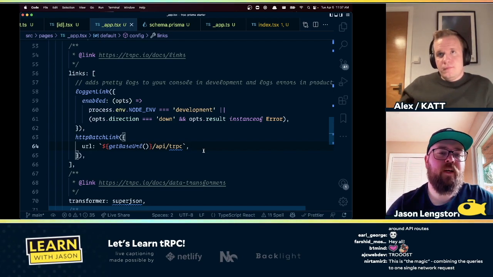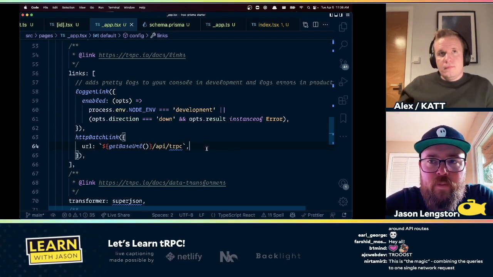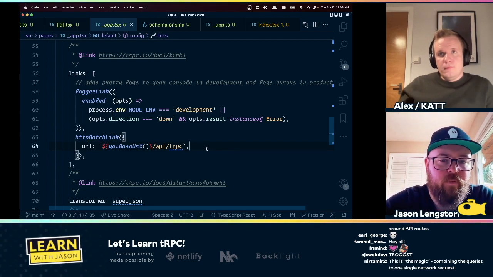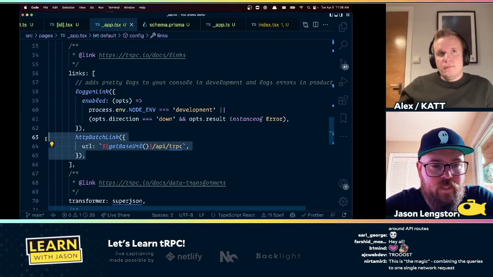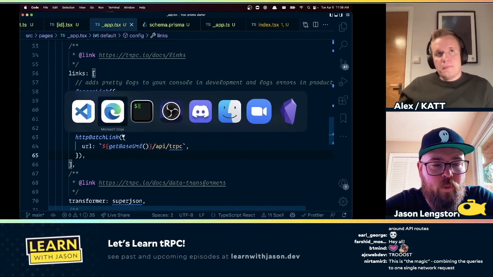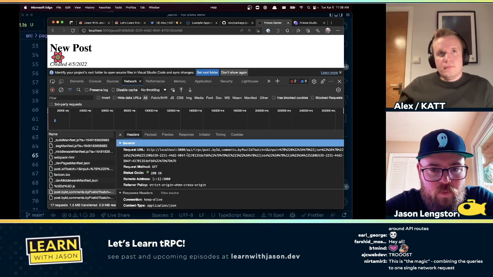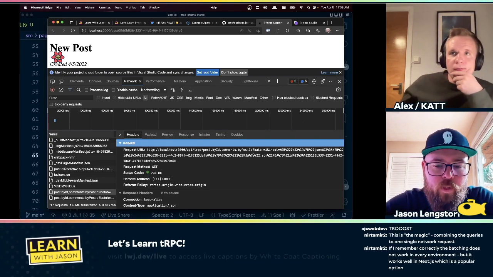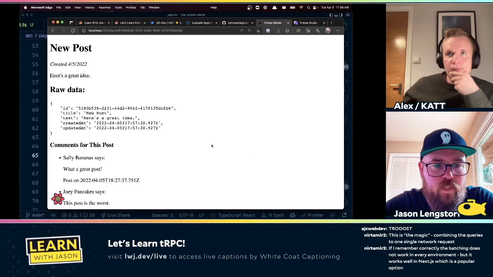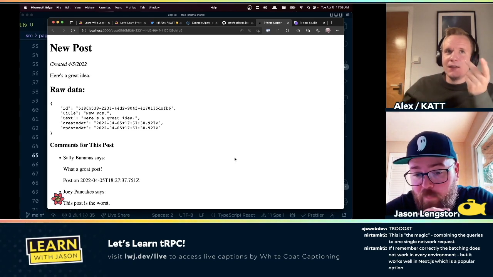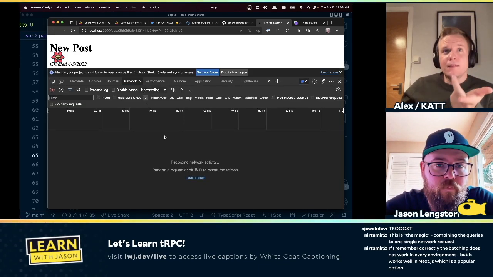Gotcha. Well, that just feels really powerful, that for this little bit of config here, we get the benefit of these requests happening kind of all at once. So a single request, post by ID, comments by post ID, so that we're not burning that extra time of HTTP overhead. And another thing we can notice here is that it actually does an HTTP GET, which is one